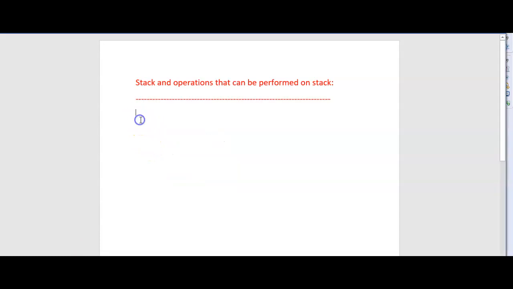So first write, a stack is a data structure which is used to add elements at the top of the stack and remove the elements, okay, again from the top.